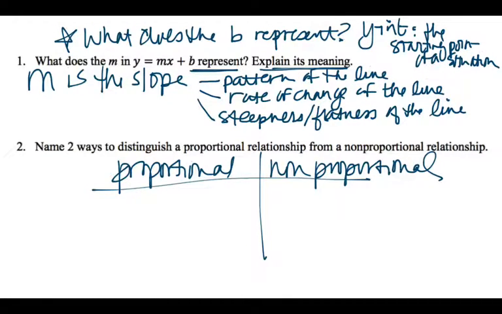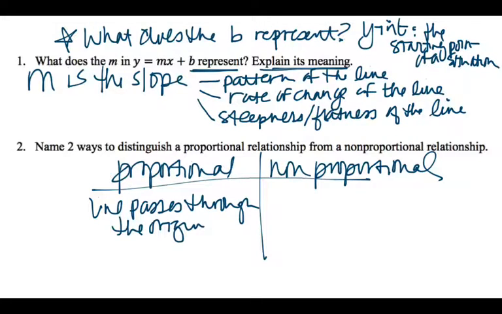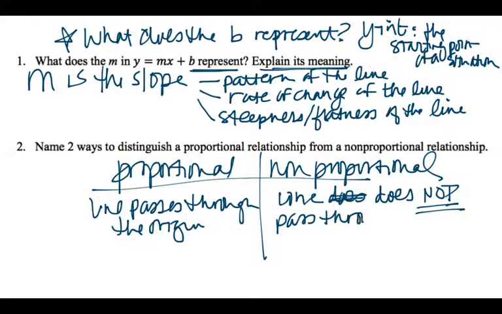So a proportional line passes through the origin, while a non-proportional line does not pass through the origin. Another piece of information would be the equation is,